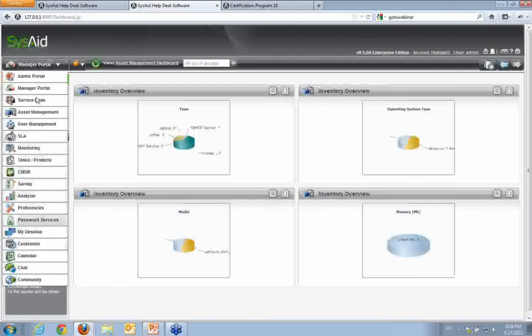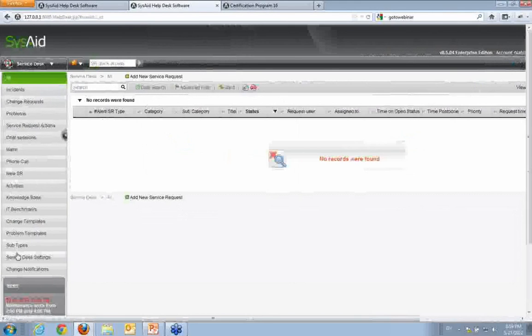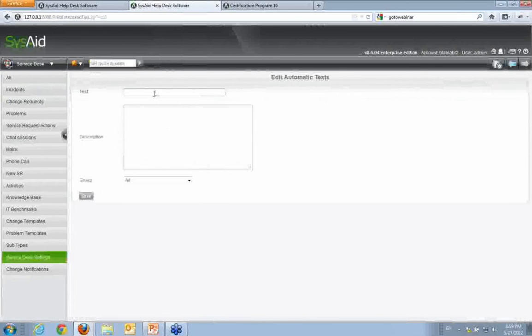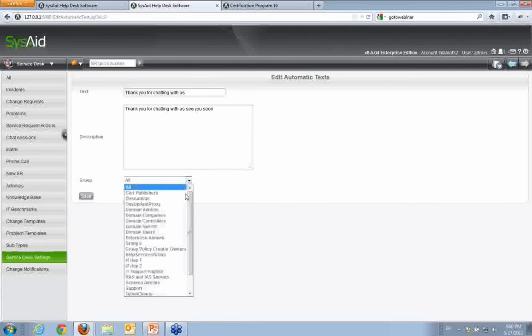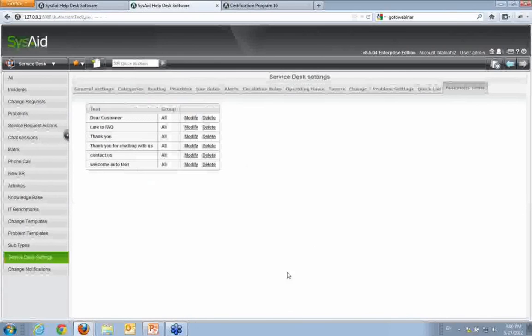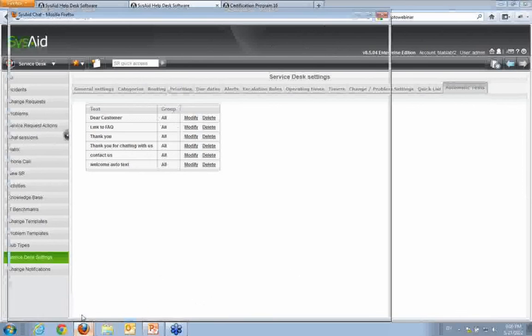Go to the admin side and service desk. We have under service desk settings here automatic text. All the automatic texts. See, for example, "Dear customer," we can create a new one, which will be "Thank you for chatting with us." That's the name. See you soon. And visible for everyone. So put save, and then you'll be able to see the different